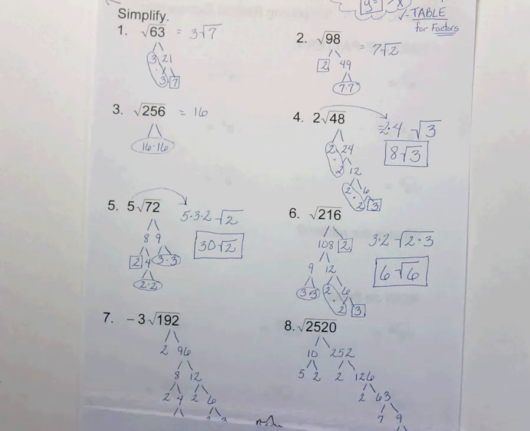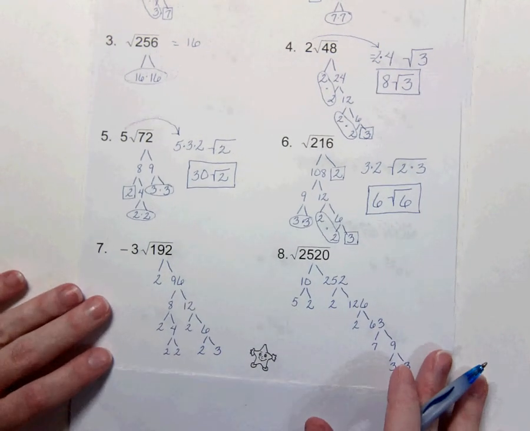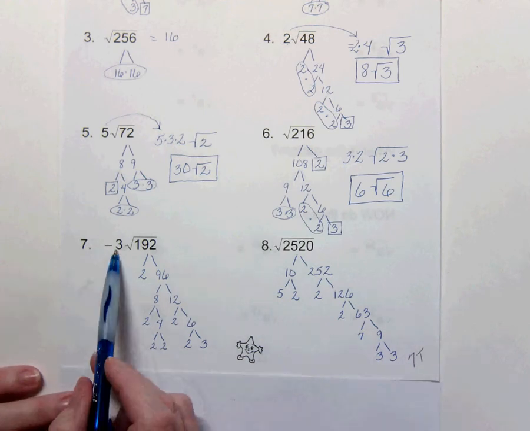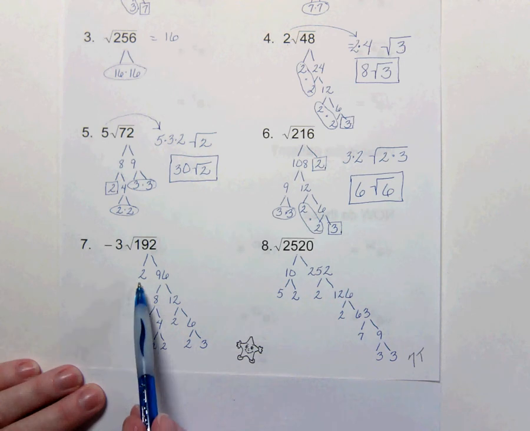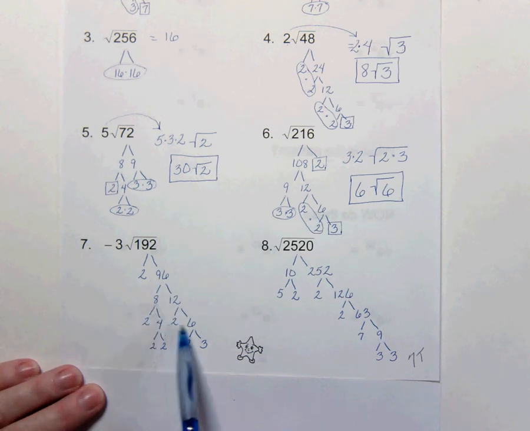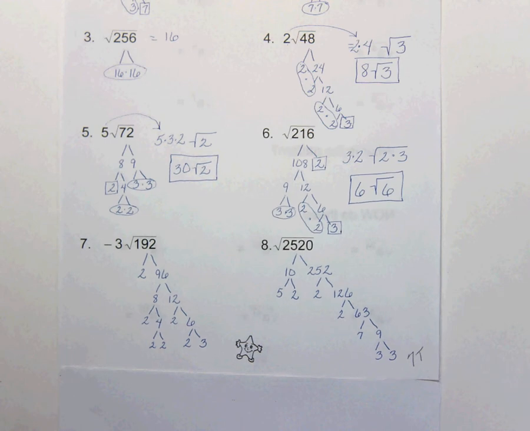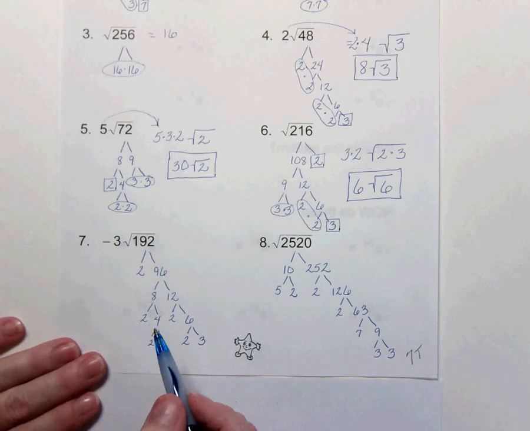Alright, last one. I'm going to let you study these just a bit. Try to get this straight on your page. Just be careful because this is a -3 we're going to end up multiplying out. I've done the factor tree. Again, this one's been done for you, but I didn't circle the pairs. So you might pause this for a minute, circle and try to answer this question in the pause mode, and then turn it back on and see if you got the right one. So pause it for a minute and then do that.